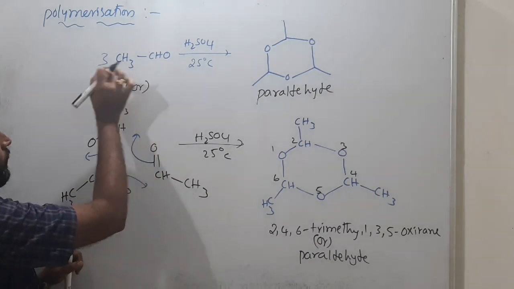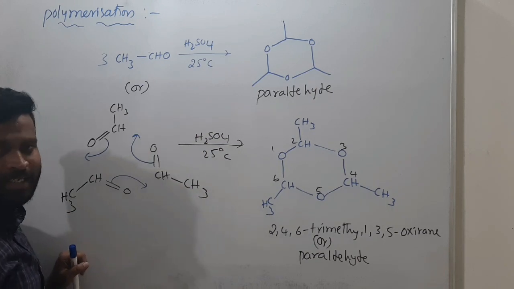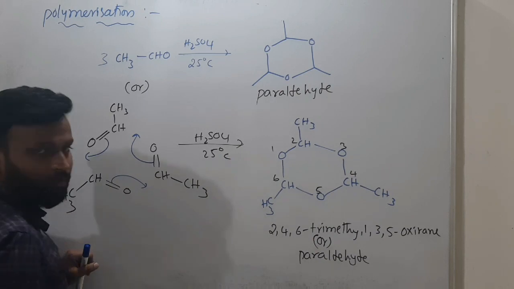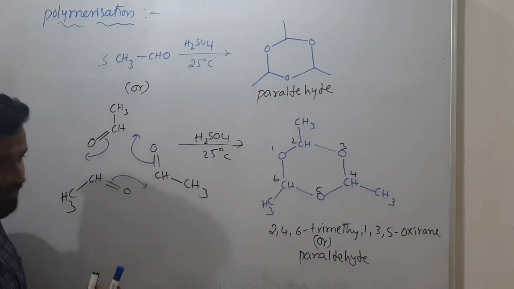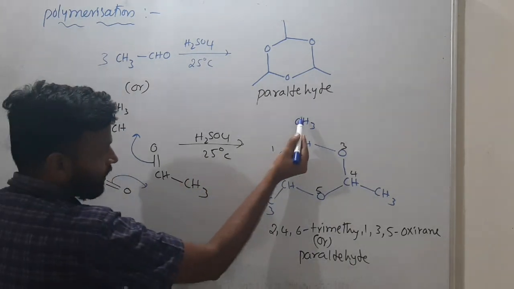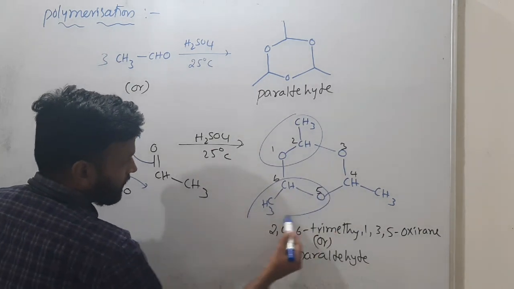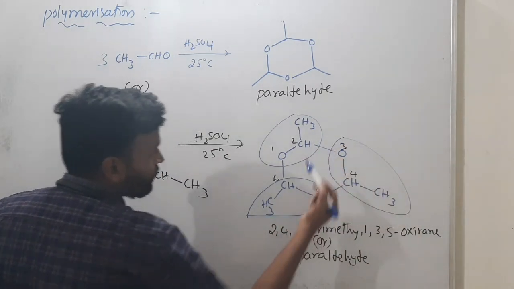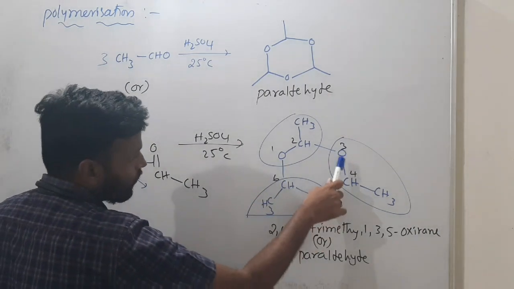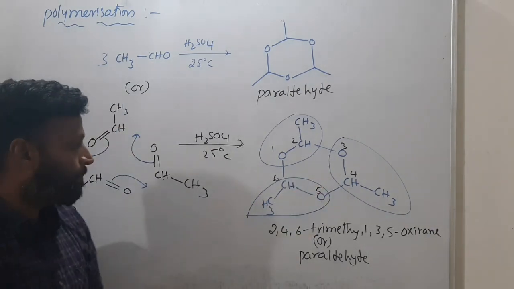If you take 4 moles of acetaldehyde and the temperature is reduced to minus 10 degrees Celsius, then you will have metaldehyde. Here how many moles? 3, but there 4. Understanding everyone? You have a screenshot first, but I will write now like this. This is one CH3CHO, another CH3CHO, and a third CH3CHO. These are the new bonds, 1, 2 and 3. Got it? So this is paraldehyde.